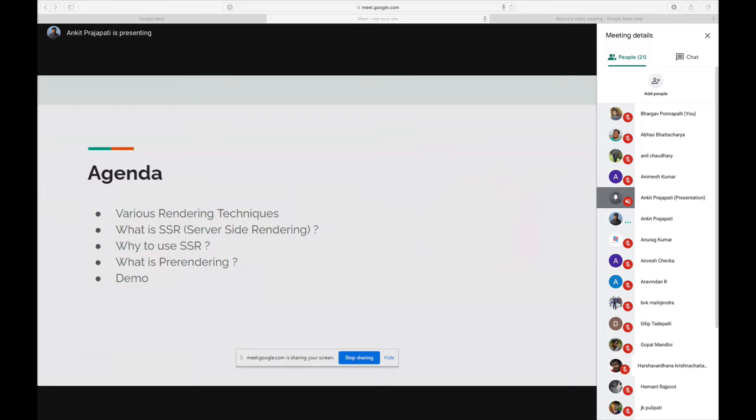So the agenda of this talk is, we'll discuss various rendering techniques. What is server-side rendering? Why use server-side rendering? What is pre-rendering? And we'll do all these things with